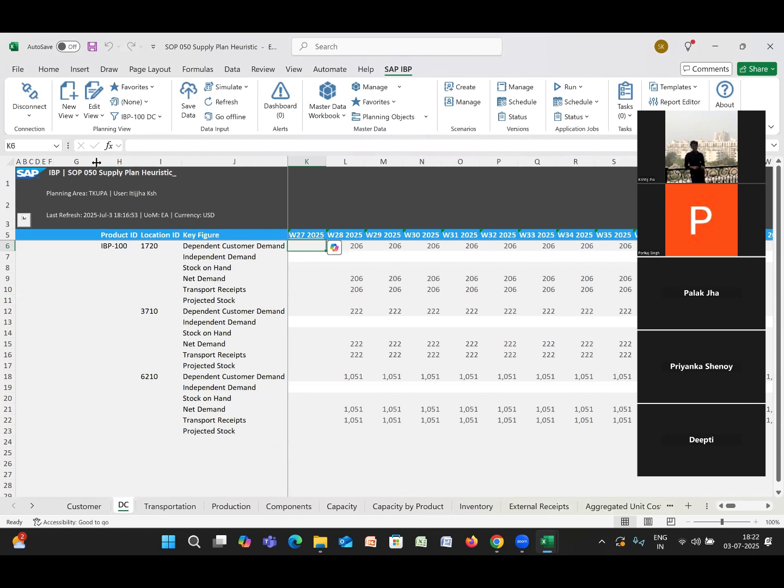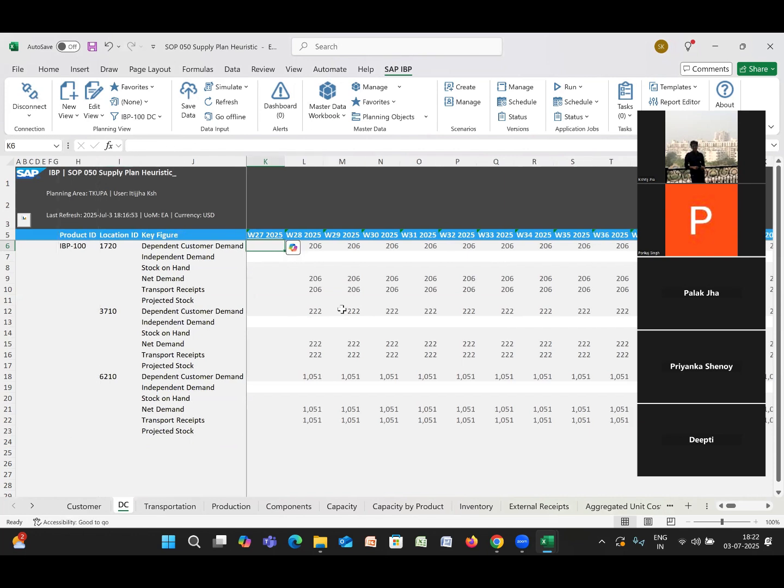Now can someone explain this? Or let me first explain so that you understand. So here we see customer dependent demand as 206 at 1720. By the name of this key figure, it is very clear that this demand is dependent on the customer. So one of the customers or several of the customers might have